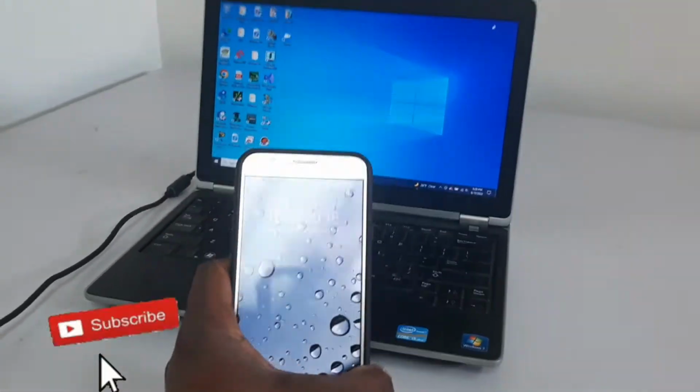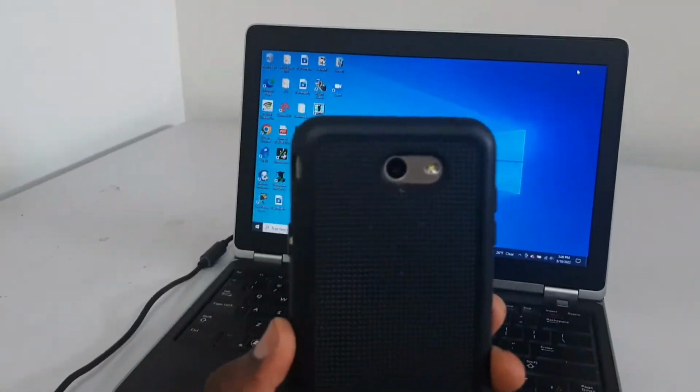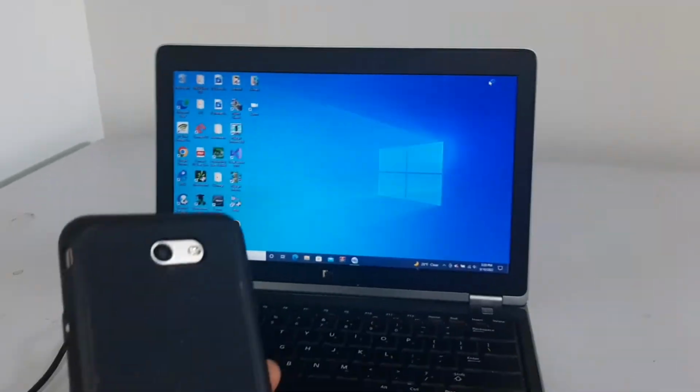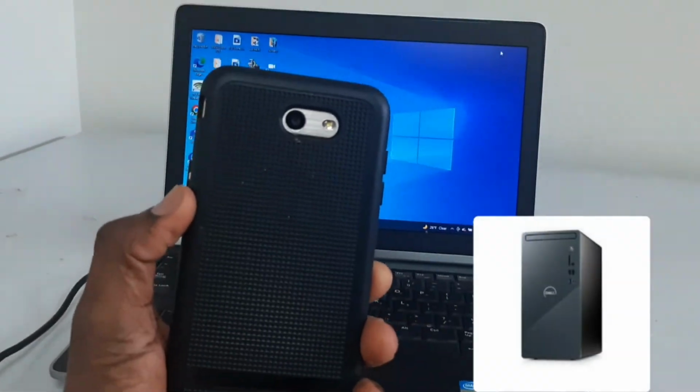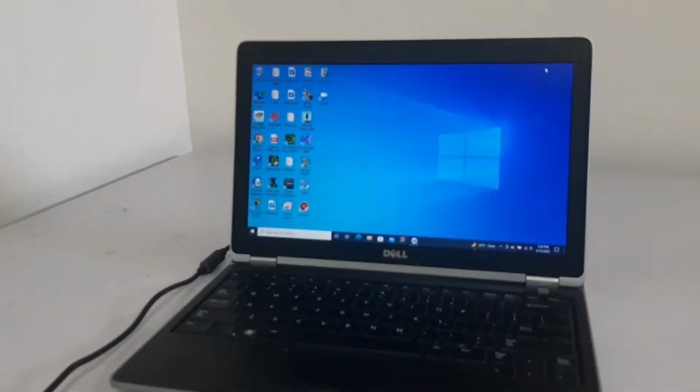In this video today I'm going to show you how to use your smartphone as a webcam for your computer. If you have a laptop without an inbuilt camera, or you have a desktop tower, you can actually use your smartphone as a webcam. All you will need is a tripod or a place to put your smartphone, the smartphone itself, either an Android or an Apple device, with a good Wi-Fi connection and a USB cable